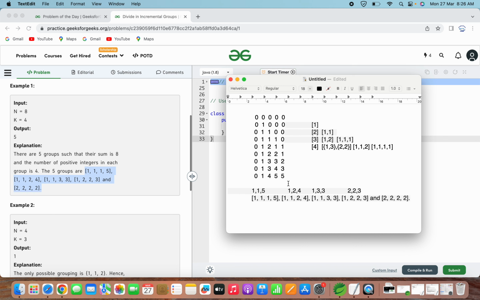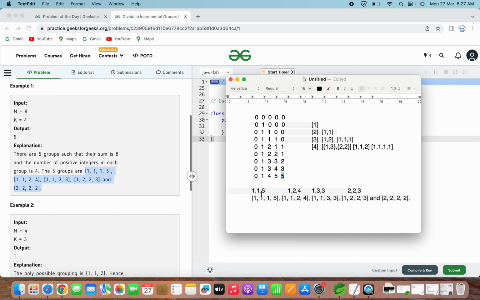So somehow we are getting this output using the previous solution. We are getting n equal to 8 and k equal to 4 using n equal to 7 and k equal to 3. So something we are doing here: size is incrementing by 1, value is also incrementing by 1. So the simple option is to just add 1 in each of these.